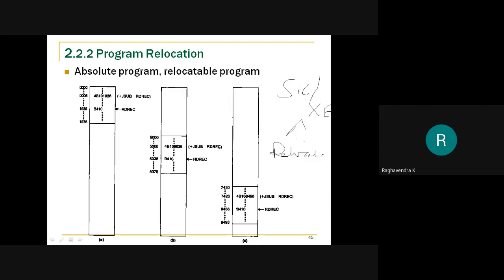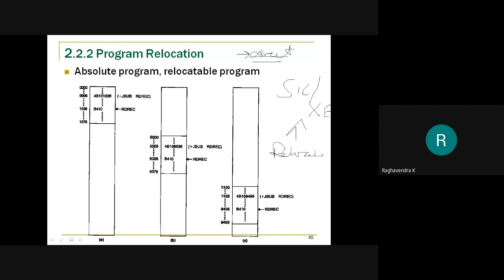But we have an issue with only one instruction, which is the extended format. Extended format instruction poses a problem because it uses direct addressing mode. So it has a fixed address in its address field, and you cannot change the address during runtime. So what has to be done is, when we load the program, if we are able to know where the program is going to be loaded, then we can make the modifications.